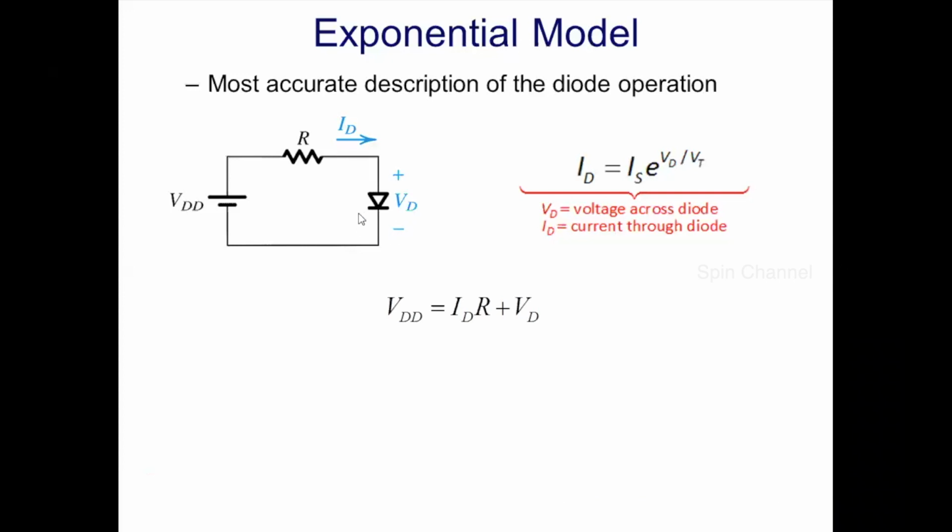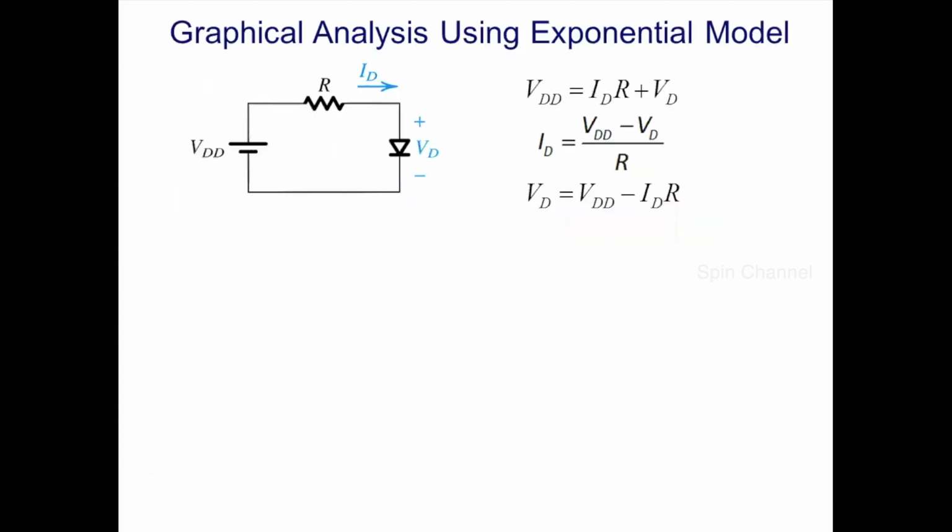So this is a practical diode. We have already derived the same circuit considering an ideal diode. Now we will consider the practical diode. So from this expression, we can find the value of ID. So from the three expressions, the value of the diode current and the diode voltage can be obtained. An alternate way of obtaining the values of ID and VD is by graphical analysis. So graphical analysis is performed by plotting the two equations we discussed earlier.